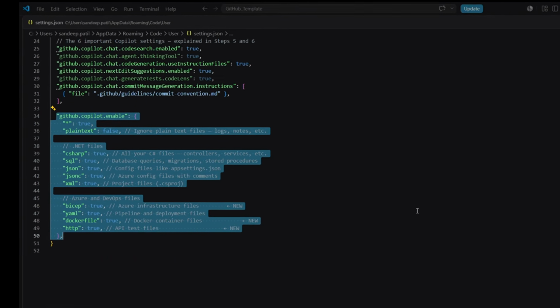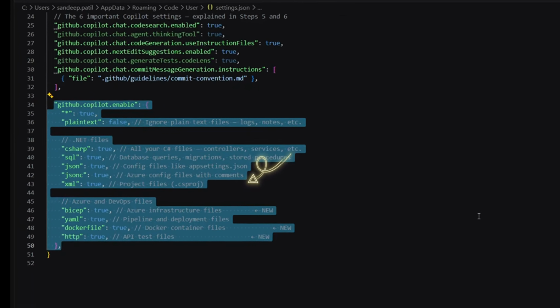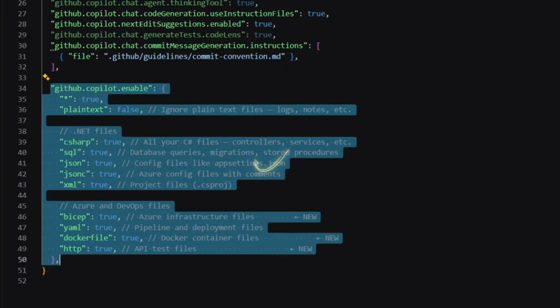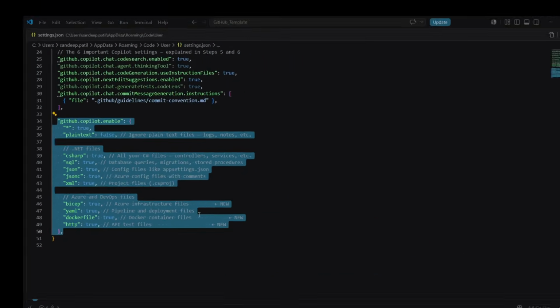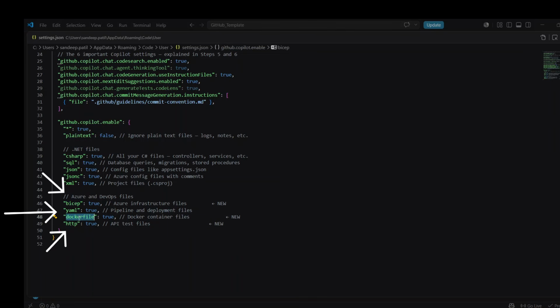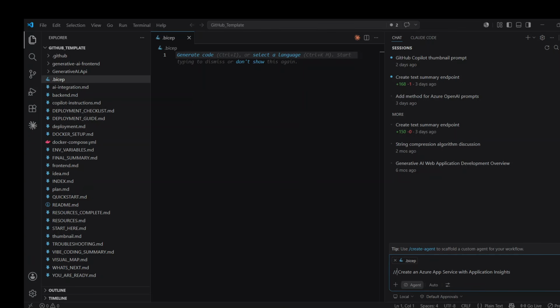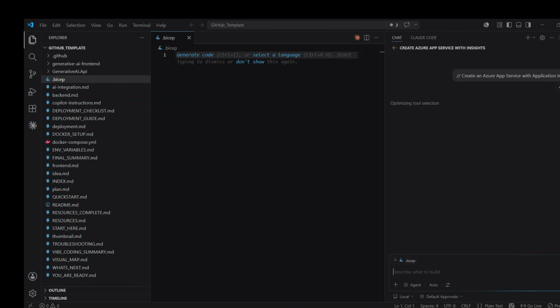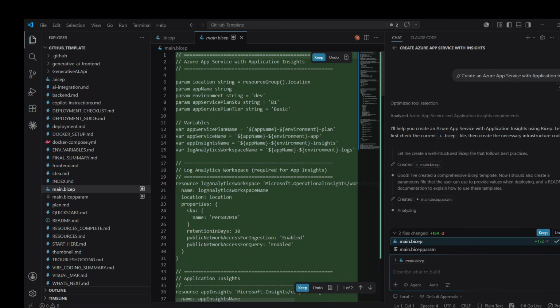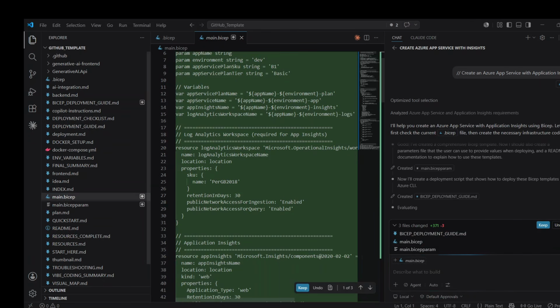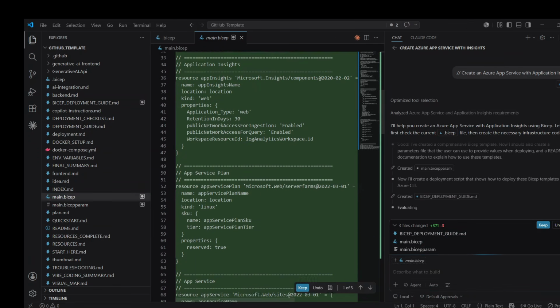For .NET and Azure developers, paste this entire block. The 3 new settings most developers are missing are Bicep, Dockerfile and HTTP files. The Bicep one: if you're building things on Azure, you write a Bicep file to set up your infrastructure. Without this turned on, GitHub Copilot gives you nothing in those files. With it, you can say